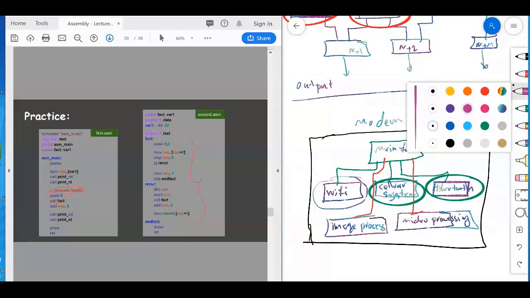We're going to come back to this example and draw the stack diagram for it, just for you to practice more with the stack. Our next assignment is almost about this code, so it's better for us to understand it in this lecture. So we're going to come back to this example after I explain the makefile